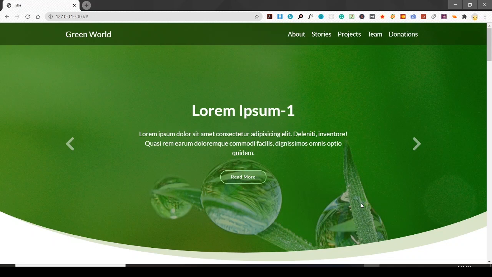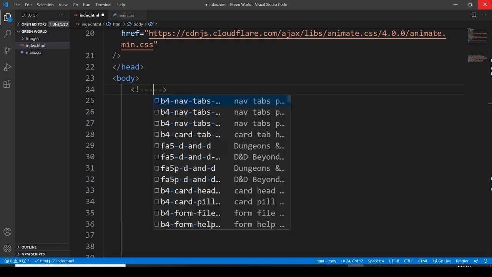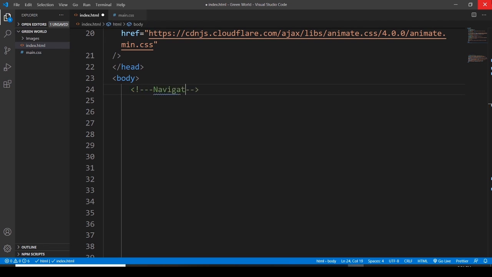So we have only this page, the project page, and now we have to code. So for coding, let's start from navigation. I'm using comments,